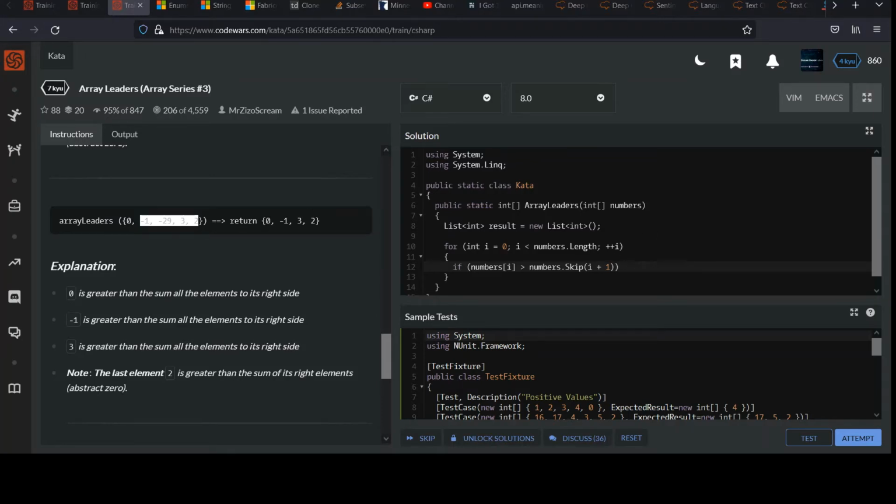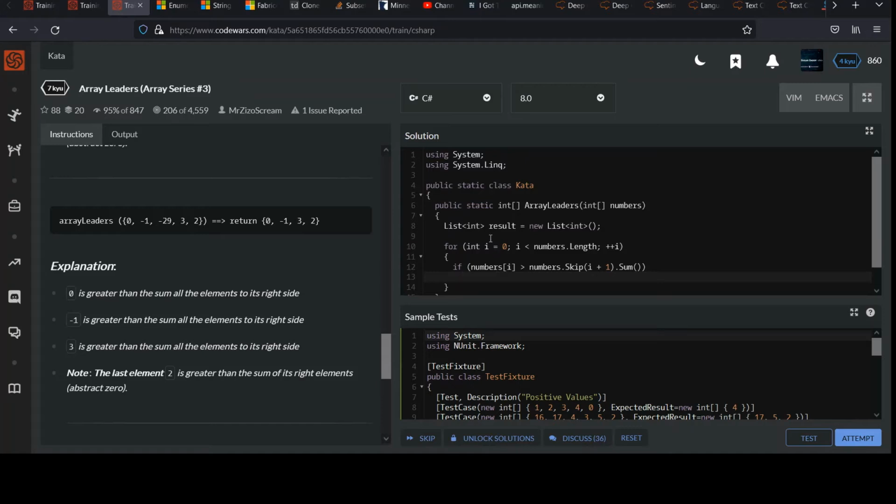Okay. So with skip, you just tell it where to start. In this case, the first index, and it will just take everything afterwards. So that's nice. We also know that we have this sum method, and remember, skip is going to produce an enumerable collection on its own, and then on that we're just calling sum. So on that first step, it would sum up -1, 29, 3, and 2, right? And we're comparing it. If this statement holds true, then we know